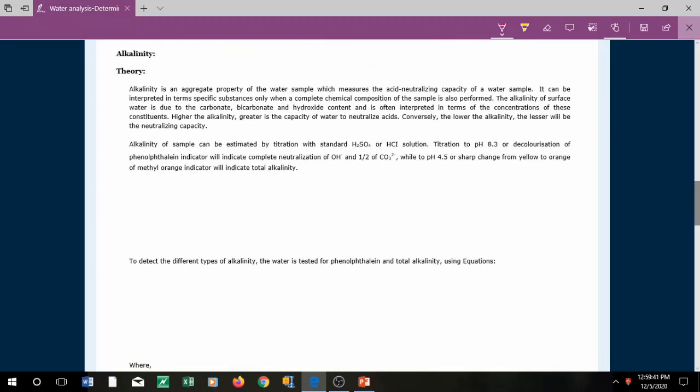Similarly, alkalinity is also a property of water. The name itself suggests it is alkaline in nature, so it is acid neutralizing capacity. Hardness was a soap consuming capacity, while alkalinity is an acid neutralizing capacity. So obviously you need to titrate it with the acid. If the solution is basic, you will titrate it with the acid in order to neutralize it. How much acid is required in neutralizing this base will give you how basic the solution is. That is the simple funda.